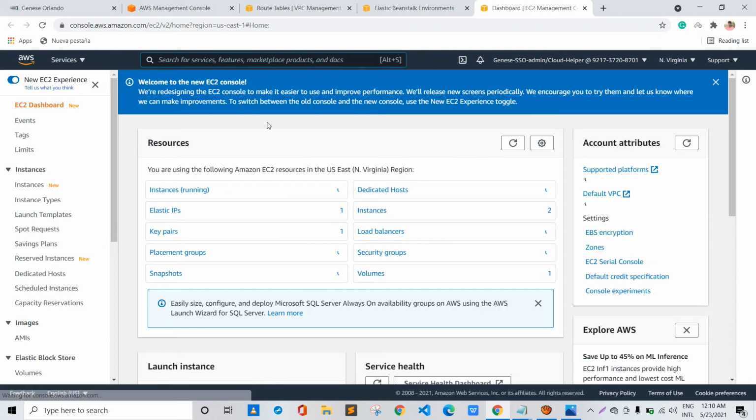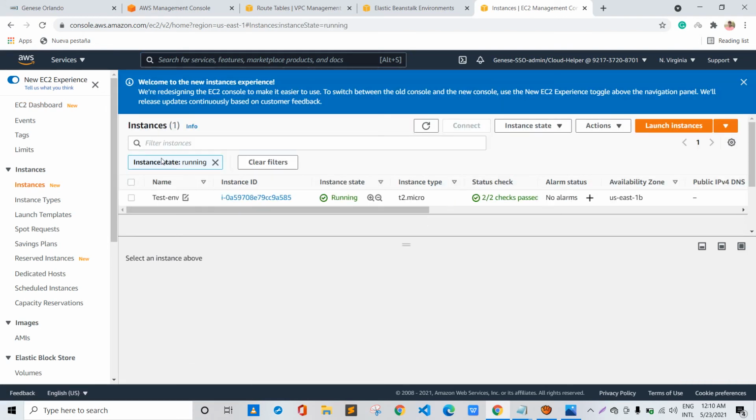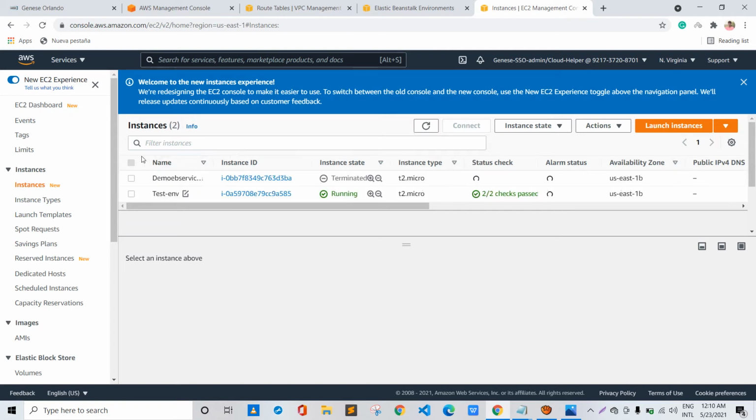If we go to EC2, we can see there is one instance in running state, and this one is the environment, that is test-env.